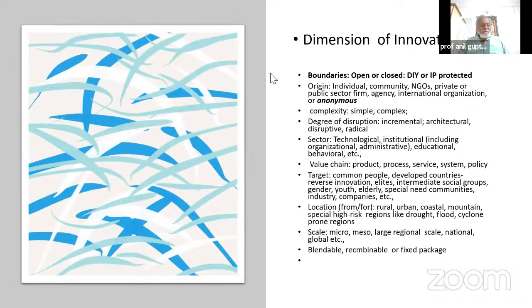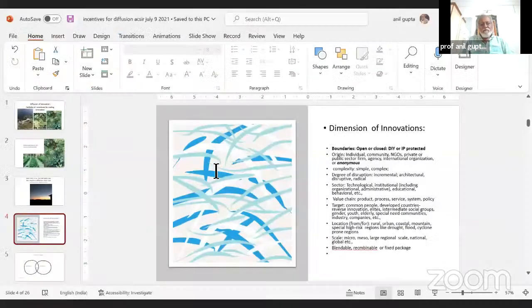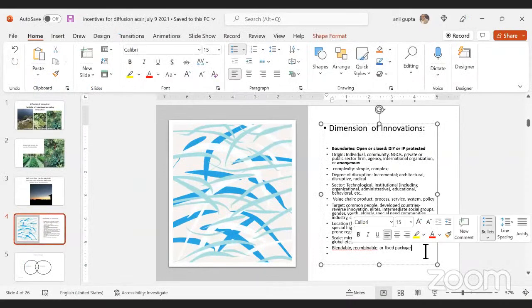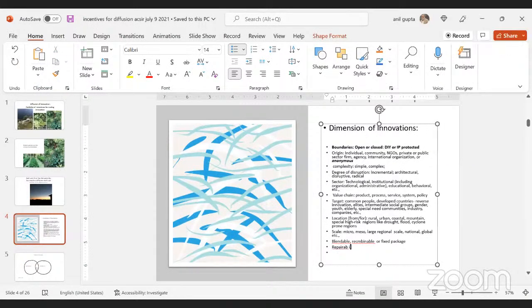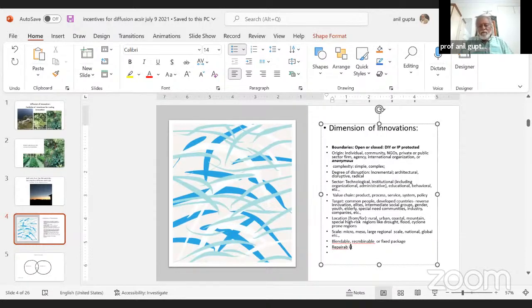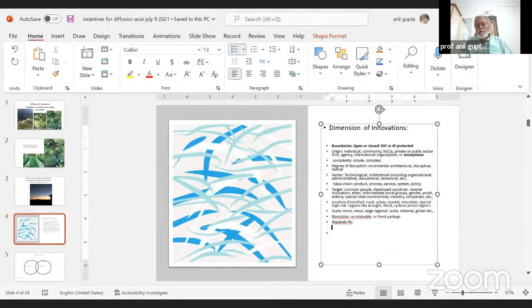Any comment? Repairability is one point. What else? Sir, durability. Yes, it's very correct. Yes, you are right. Use and throw, correct. Durability is very important. I should add that,